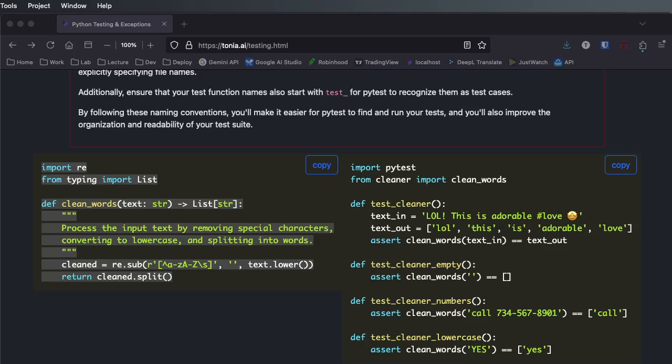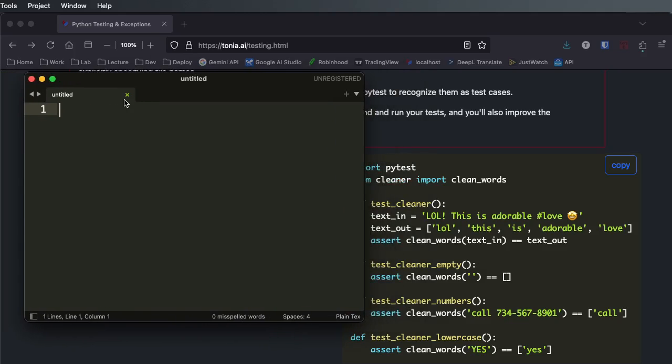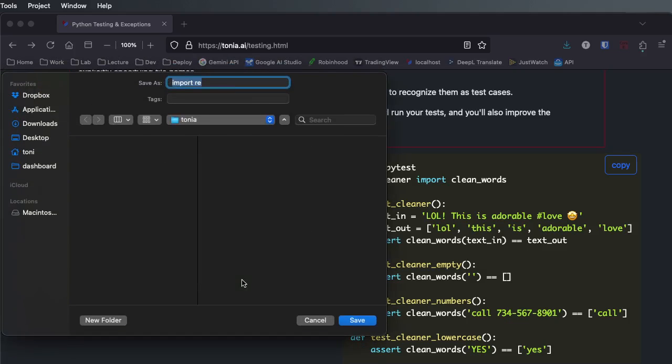And let's open a text editor. I use Sublime for my code. So I'm going to open the text editor, create a new file. I'm going to paste what I copied there, and I'm going to save this. And I'm going to save it as cleaner.py,